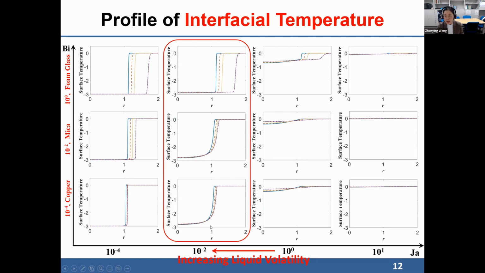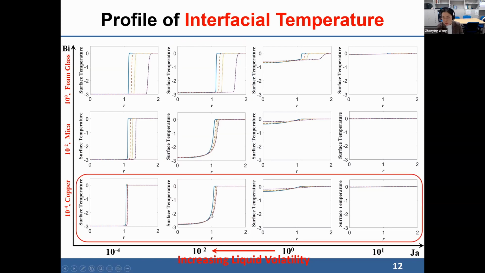So if we compare this column, we can see that with increasing substrate conductivity, the temperature gradient on the droplet surface becomes larger. And also, if we look at this column, we can see that with increasing liquid volatility, the interfacial temperature